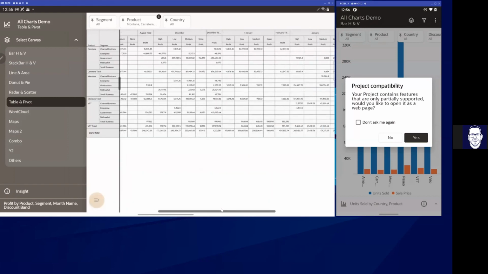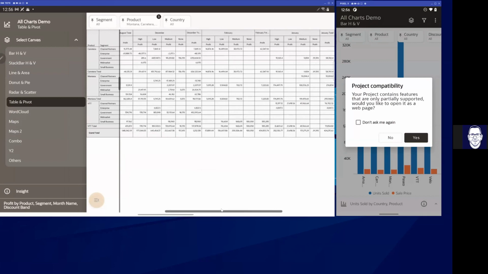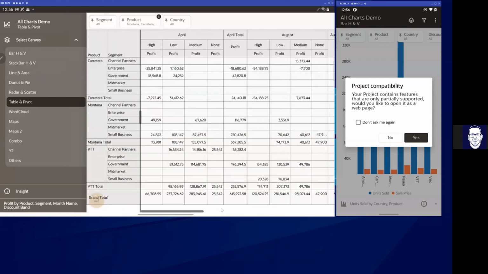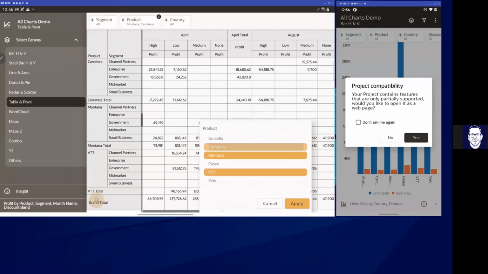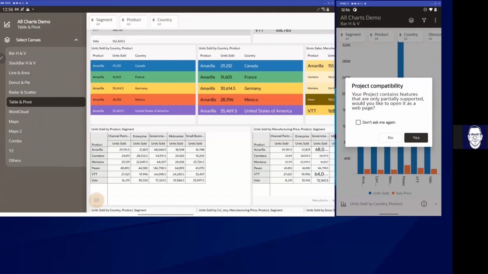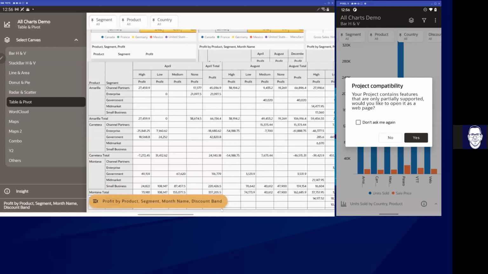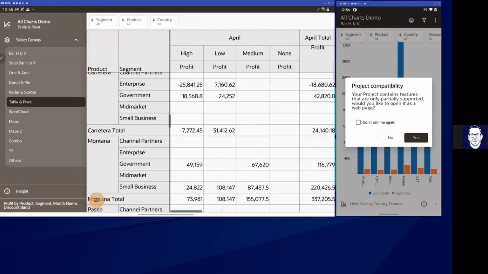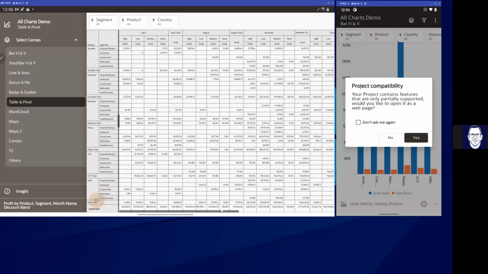But we really went through a lot of effort to make sure that we supported these different visualizations in a super fluid way on mobile devices, because we know how important things like tables and pivots are for the end users.